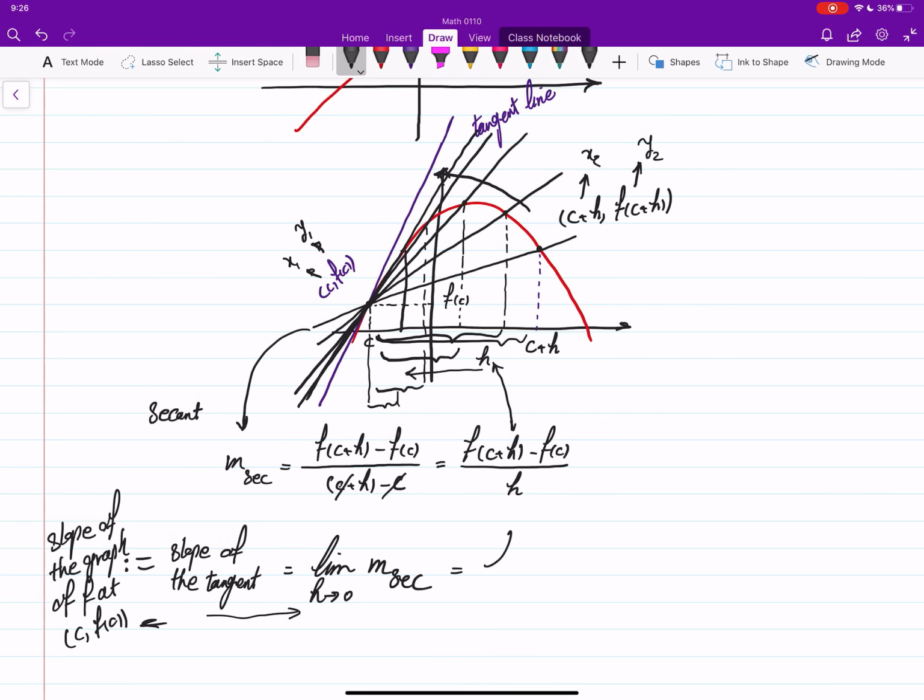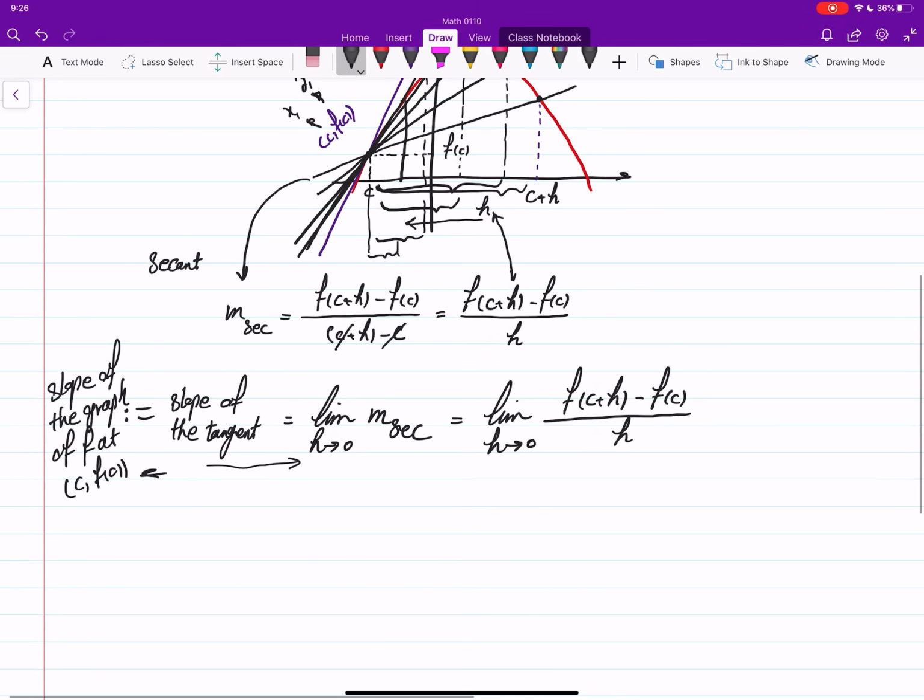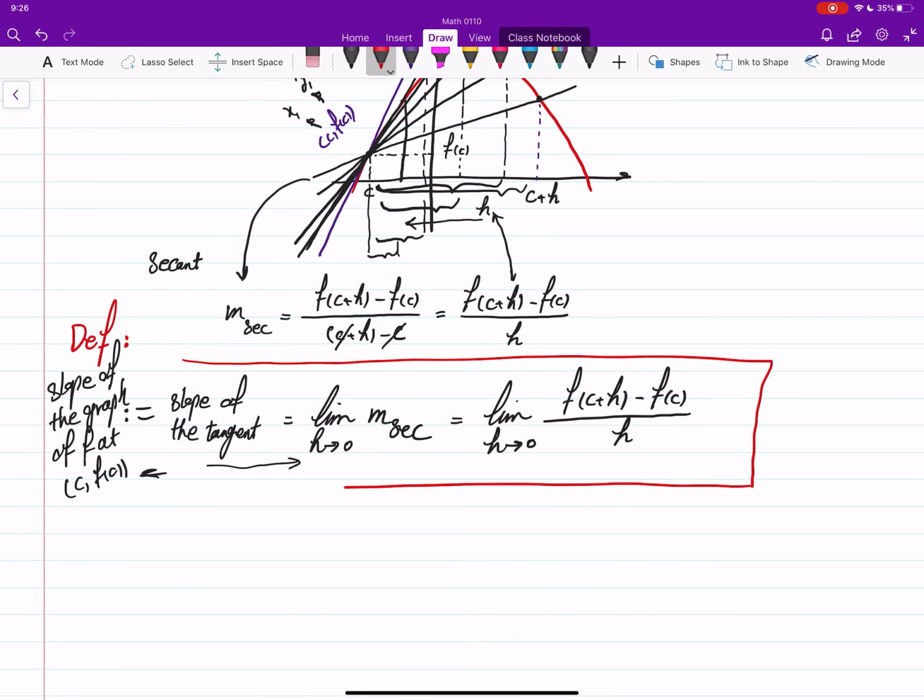And what does this mean? This means that we have to find f of c plus h minus f of c over h. This will be a function of h. Then find the limit of that as h goes to 0. That is the definition if the limit exists. So this is basically definition. Let me just write it here and let me put this in the box. If that limit exists,